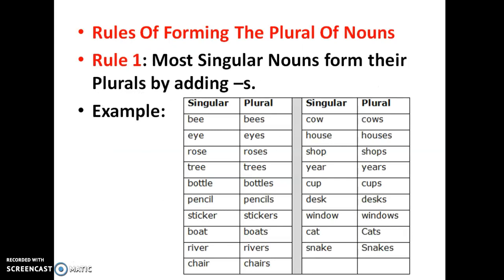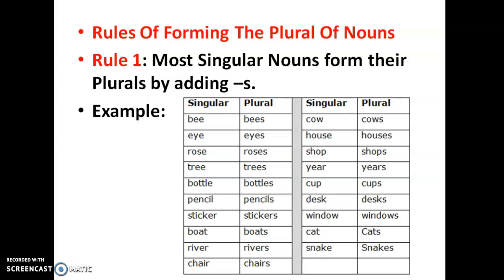So you have certain rules. Rules for forming the plural of nouns. Rule number 1: Most singular nouns form their plurals by adding S. This most of you would have come across from your small age, how you learned. So whenever you want to change a singular into plural, you will add an S at the end of the